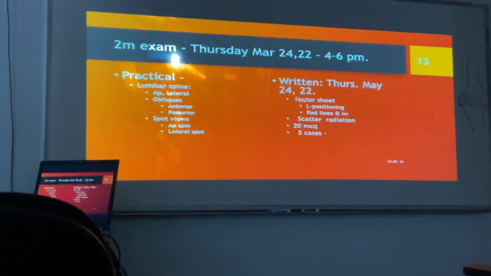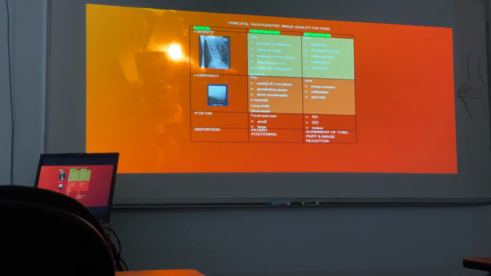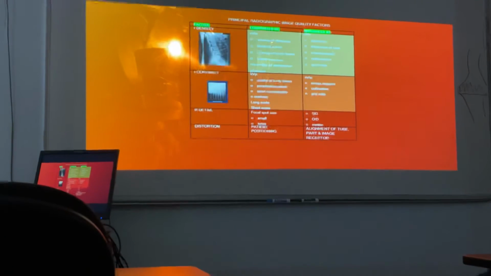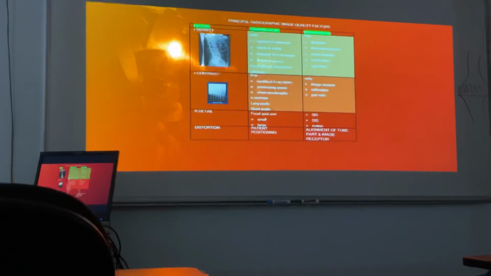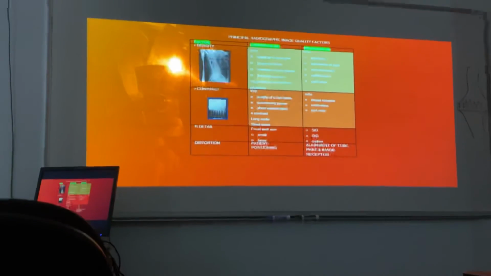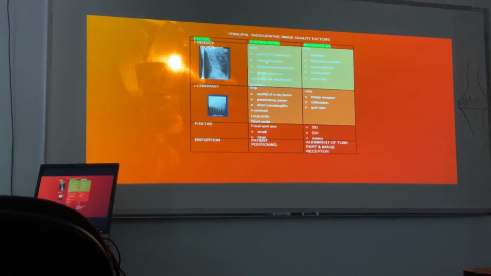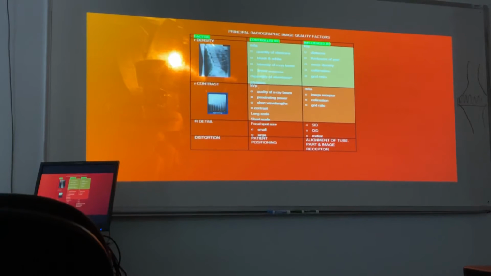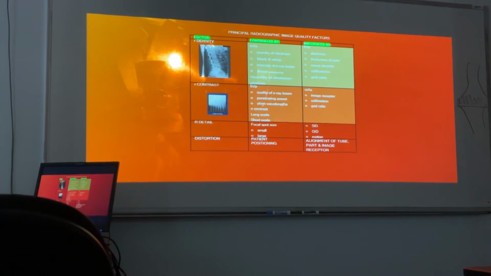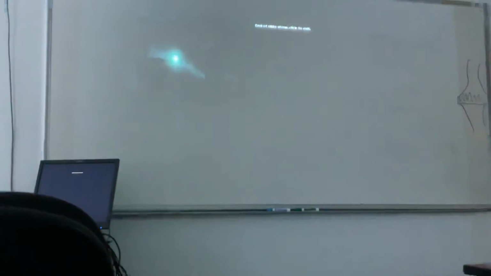Okay, as far as the written goes, the factor sheet, what was that all about? And I'll show you what it was. You need to know what this is, okay? When we say quantity of electrons that's associated with mAs, it's not going to be that simple, but you get the idea, right? Sure. Okay? Causes blacks and whites, not radiographic contrast. Radiographic contrast is all about kVp, all of these synonyms. Does that make sense? Yep. Okay, so if I go back,